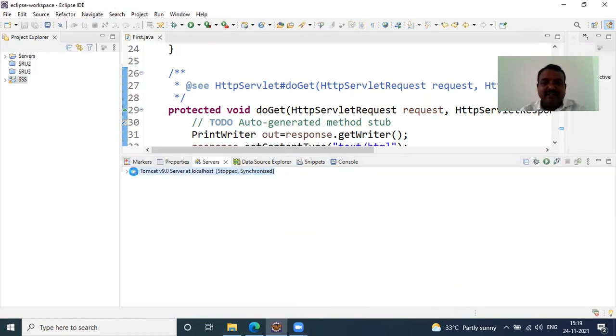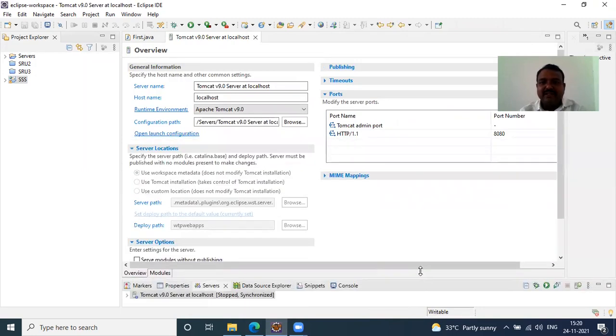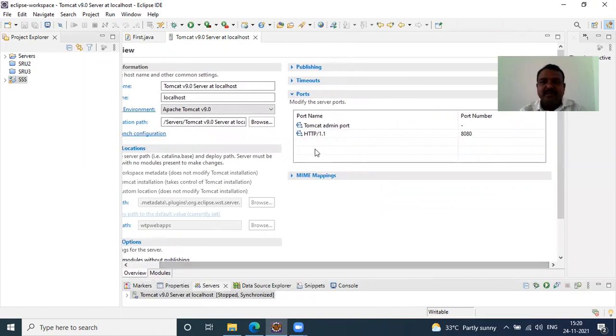And if I double click on that icon, it is going to open a window for you where I can find the options in this way. So Tomcat admin port, where we find hyphen, and basically it should not be hyphen, it should be equal to 1. So we are going to change that one.